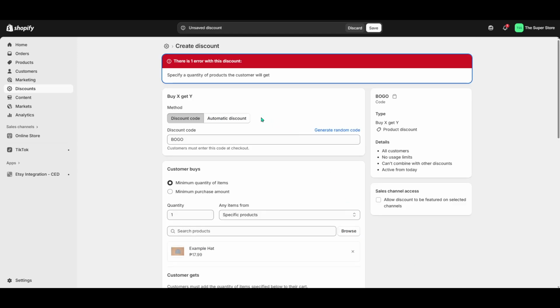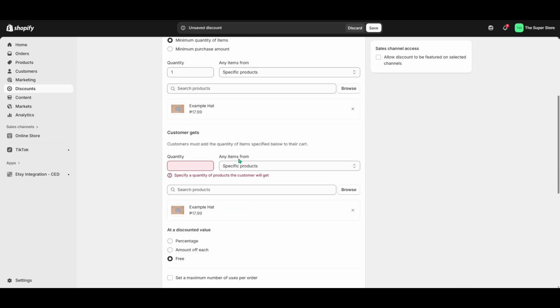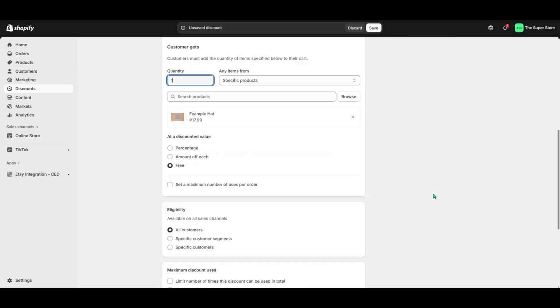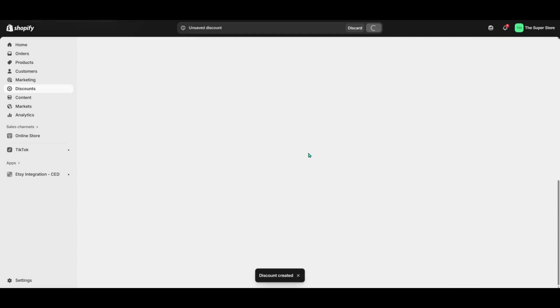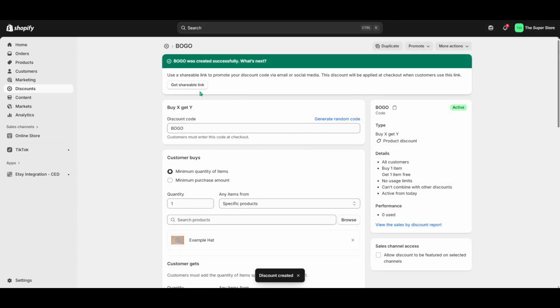And there you have it, your Buy One Get One promotion is now set up and ready to go in your Shopify store. That's all there is to it. Following these steps will help you set up an enticing offer that can draw more customers to your store and enhance your sales efforts